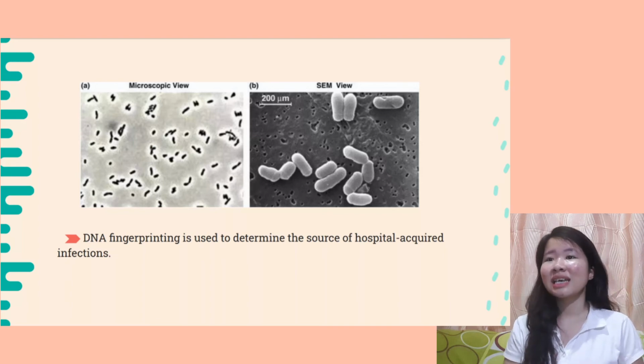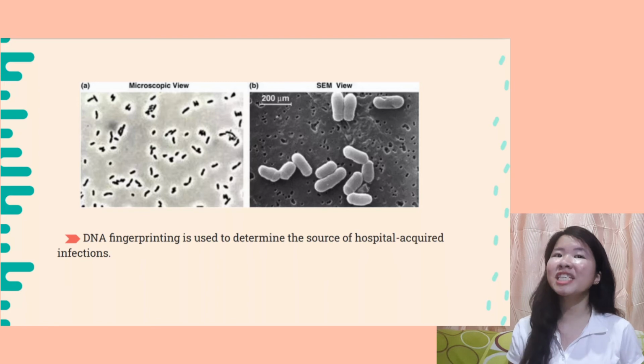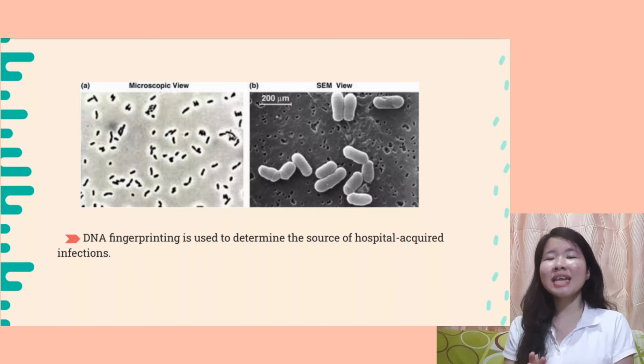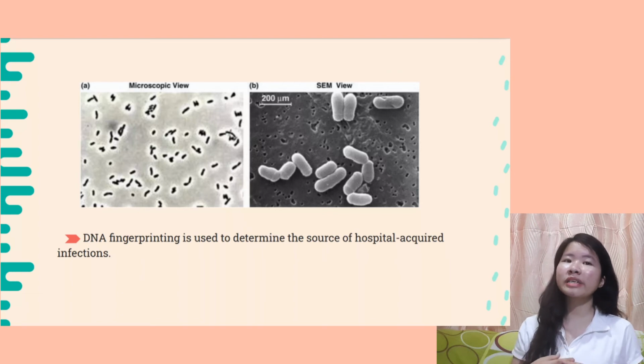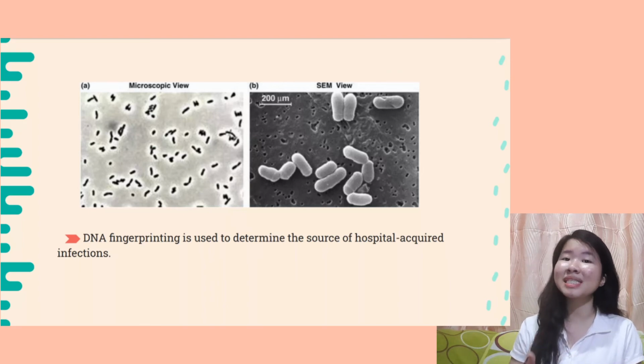So that is the source of infection in the hospital. The DNA fingerprints of the patients' bacteria and the bacteria of one nurse were identical. So the hospital was thus able to break the infection's chain of transmission by encouraging the nurse to use aseptic